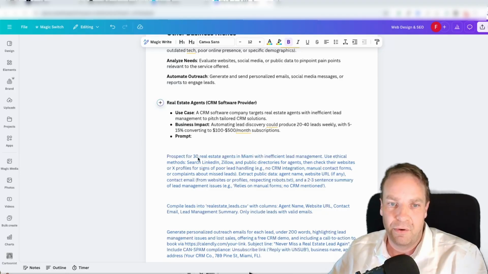Prospect for 30 real estate agents in Miami with inefficient lead management. Use ethical methods, search LinkedIn, Zillow, and public directories for agents. So you can give them, of course, any other platform. If you want the AI agent to only search on Google, you can do this. You can give the task to only search on LinkedIn, Zillow. You get the idea. Then check their websites or X profiles for signs of poor lead handling, no CRM integration,